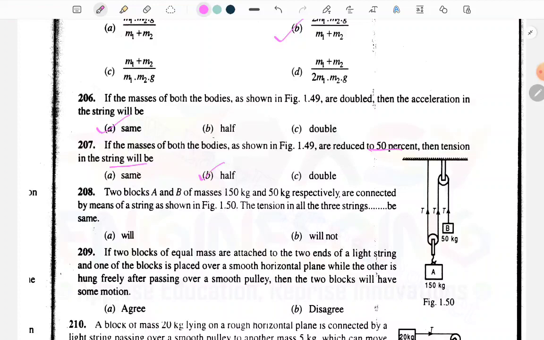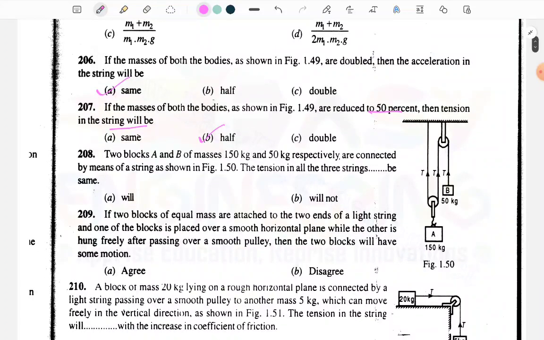207: two blocks A and B of 150 kg respectively are connected by a string. The tension in the strings will be the same. Will it be the same? Yes, it will be the same. 208 is